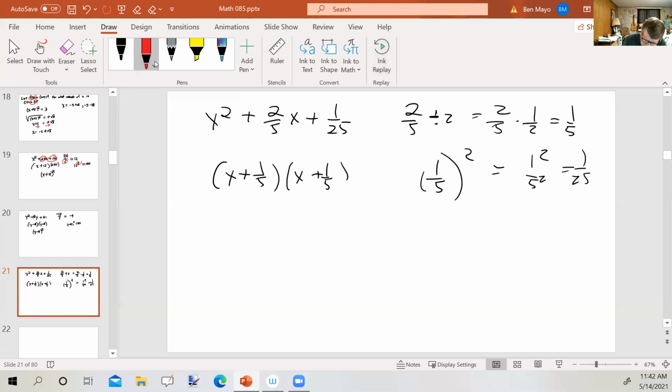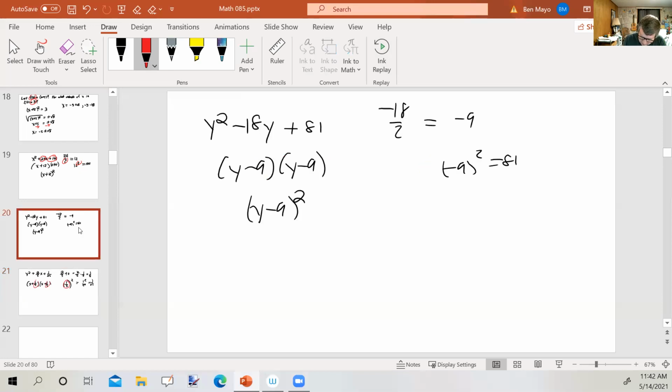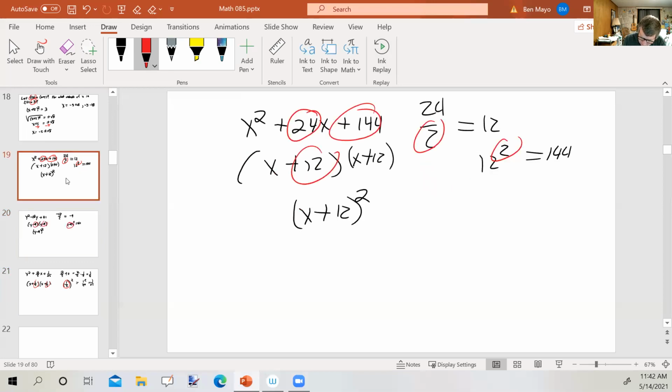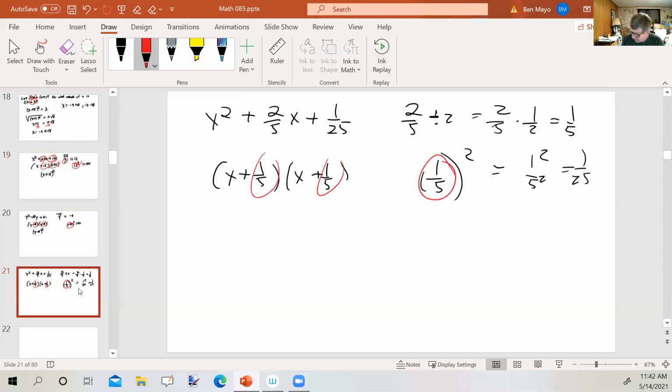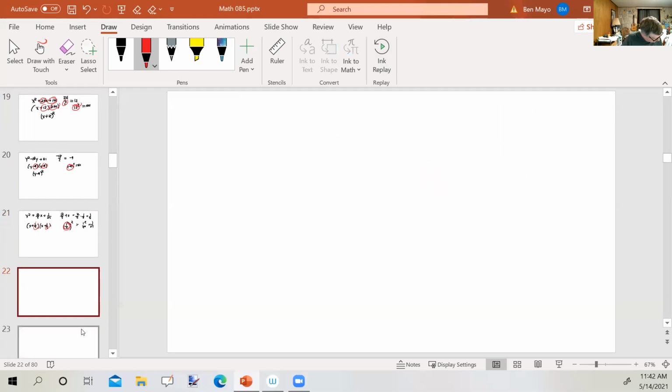Note that the quantity that I put here and here is always the quantity that's there. Just like back here, the quantity that I put here and here is the quantity that's there. Okay, so rather than having to sort of start over from scratch, you can just look at what the number is you squared and put it there. Okay. Now,